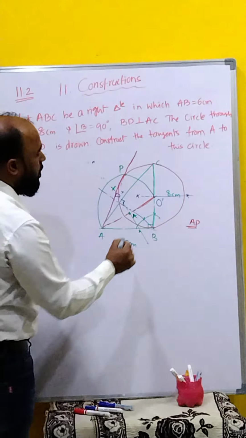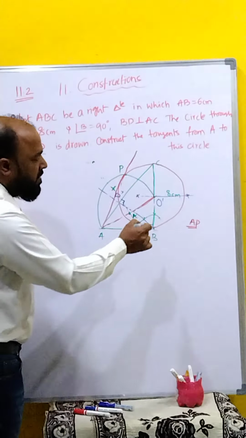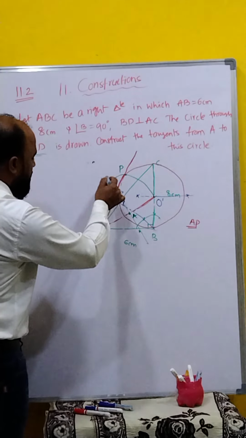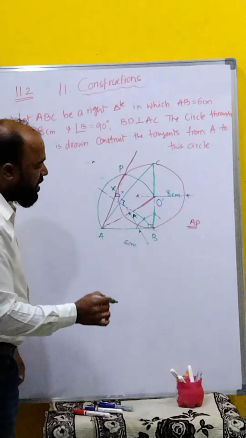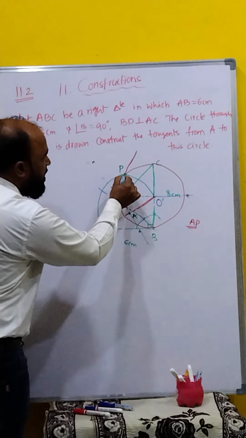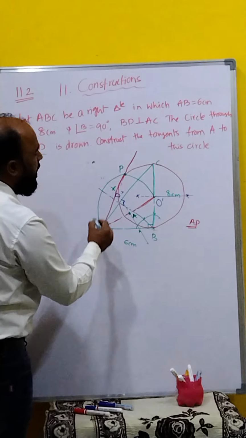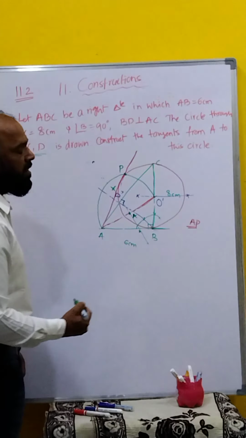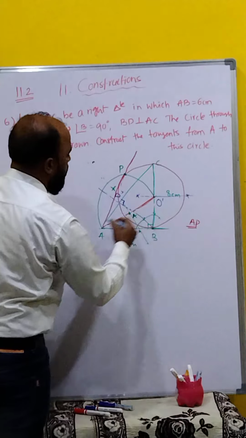Now K as a center, O dash as a radius, draw a semicircle only. From O dash it intersects the old circle. Now this semicircle and the old circle intersect at some point, which we select as P. Then AP is the tangent. Now this also you know, both are touching: EB is the tangent. Clear, children? Construct the tangent from A to this circle, both are completed now.